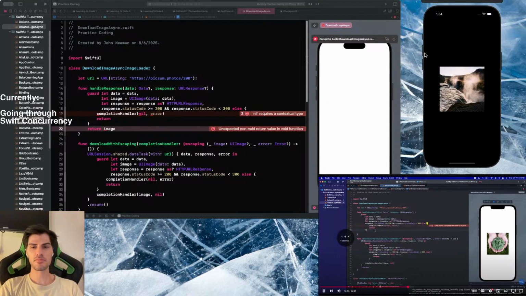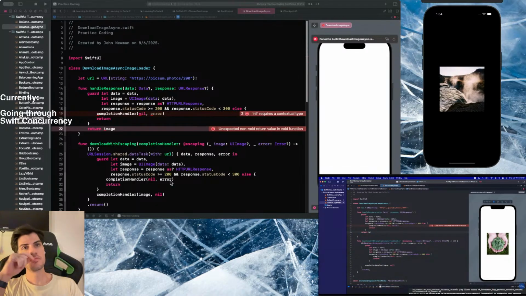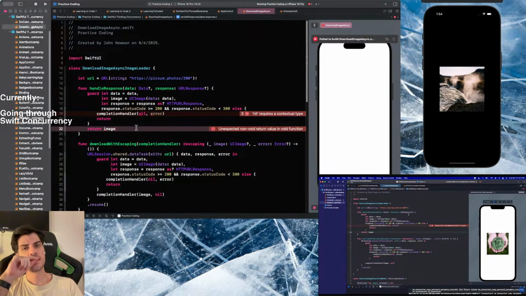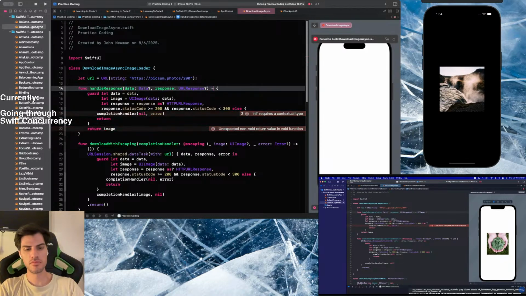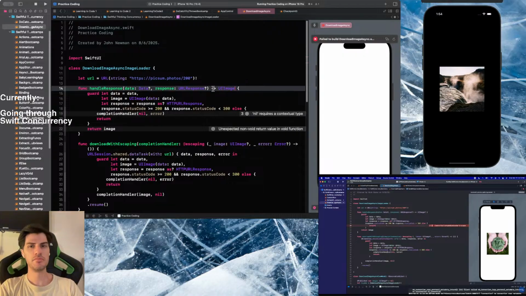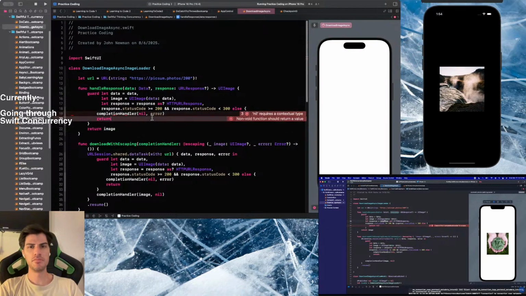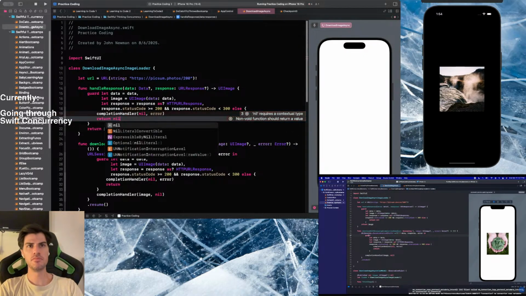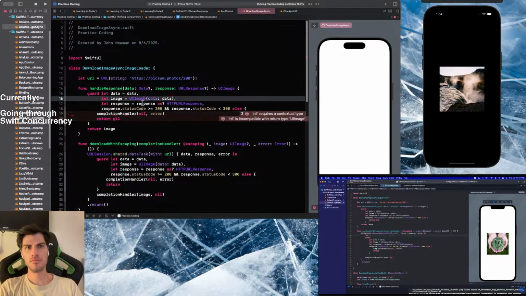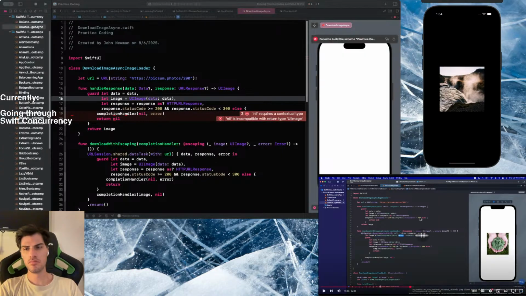So down here, this function returns the image. This function should return a UI image. And just for simplicity's sake, we'll make this one optional. So if we have the error, we're just going to return nil. So down here in the code, let's just say maybe let image equals handle